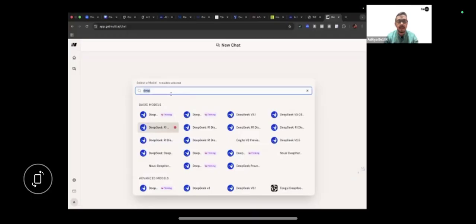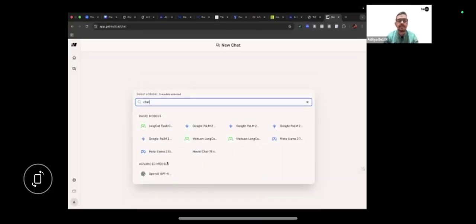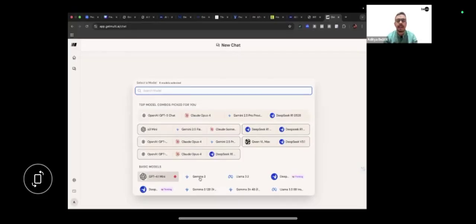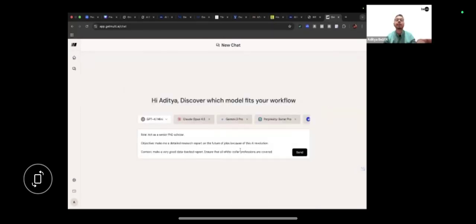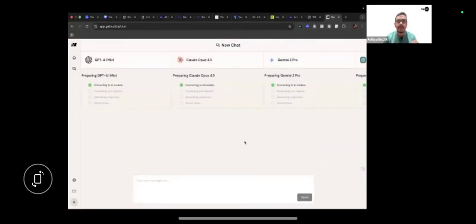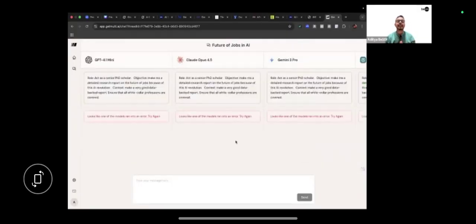If I want to choose a model from OpenAI, ChatGPT, I can choose that. Basically, if you want to choose an open source model like Llama or Gemma 3, you can go ahead and choose that as well. Whichever models you like, you go ahead and choose that, and once you choose that, you click on send over here.